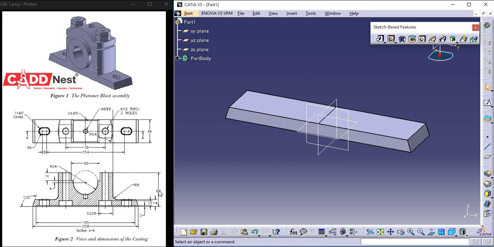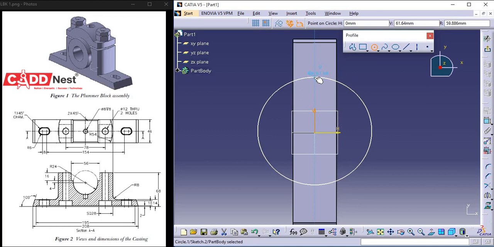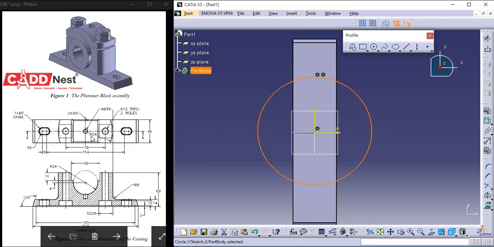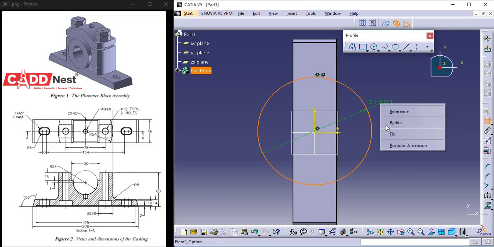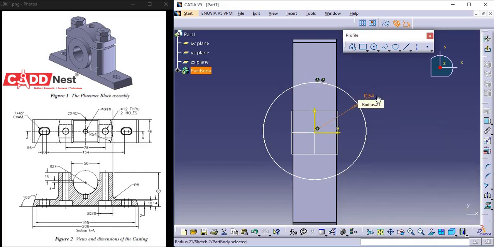On this base part I'll be creating my top feature. I'll be going for sketch. On this top face I'll be going for sketch. I'll take a circle from a center. I'll be drawing a circle with the radius, that is R54. And now I'll take a line, draw two simple lines